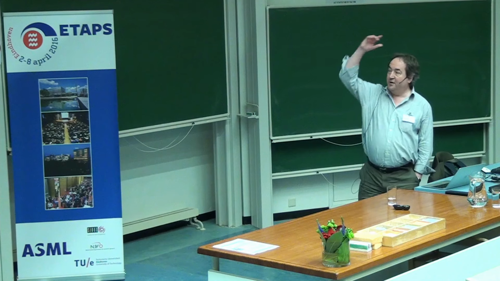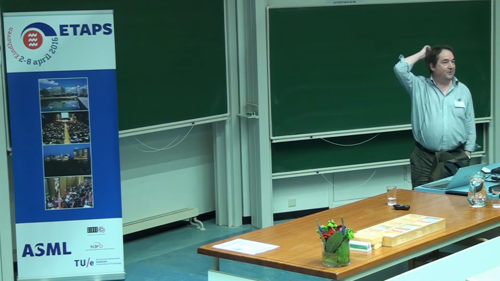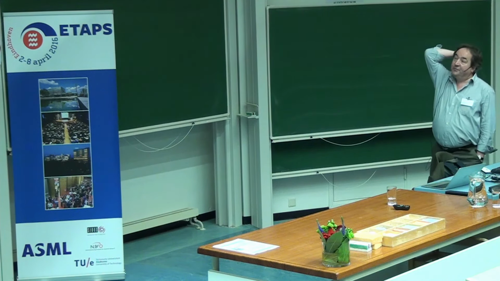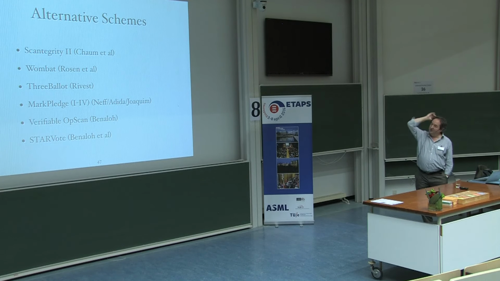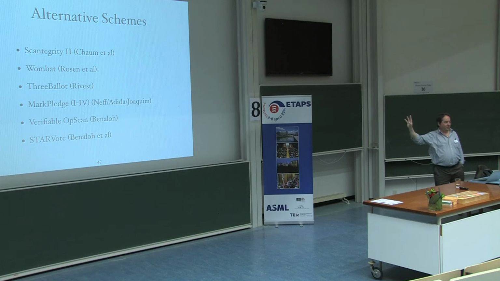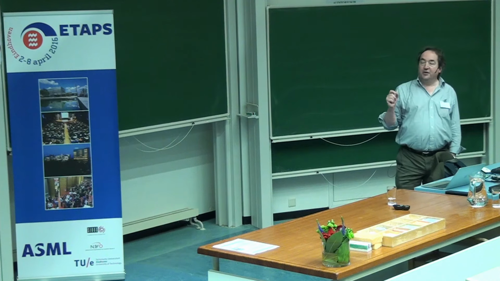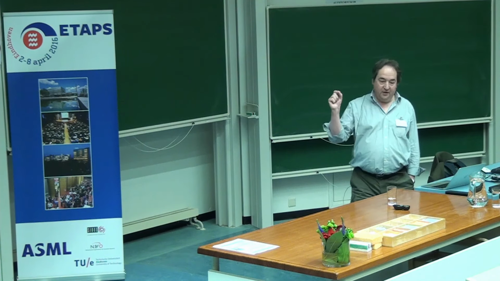So let me just quickly, as promised, mention a few rival competitor schemes. There's a very nice scheme called Scantegrity, or Scantegrity 2, or you can read that as Invisible Ink. It's, I think, a deliberate pun, which is primarily due to Chaum. Let me try to just very quickly describe it in words. So again, you get a paper receipt. The candidates come in a fixed order. But the key trick is that against each candidate,